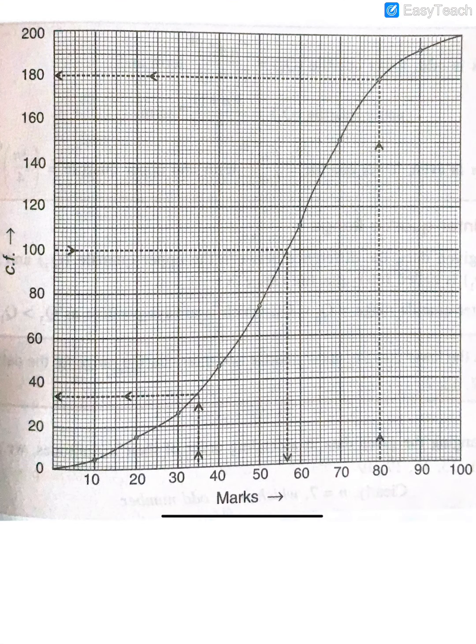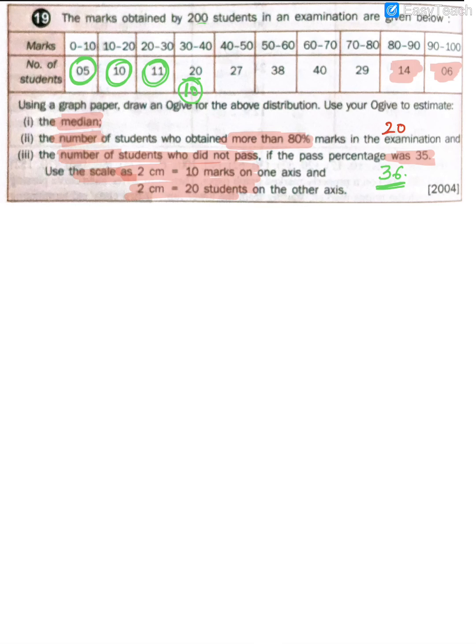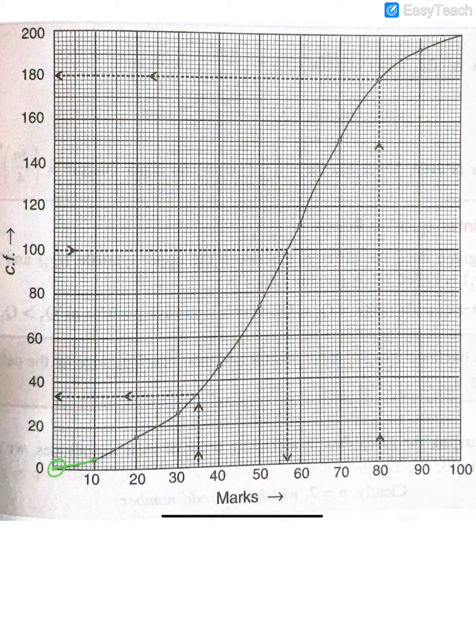Okay, so guys, this is how the graph will come. You can cross check your graph out here. Also, if you notice, your graph always starts from the lowest limit. What is the lowest limit in this graph? The interval is 0. So your graph will also start from 0 to 10. Again, where are we plotting it? Always on the upper limits, all the points.